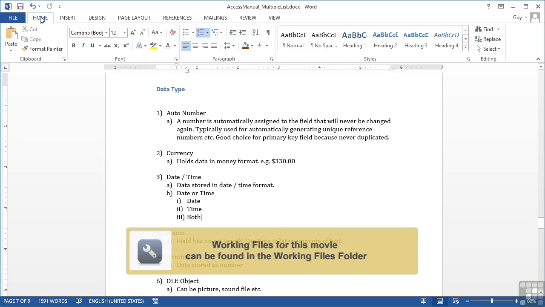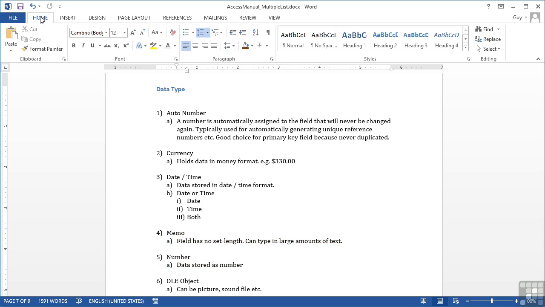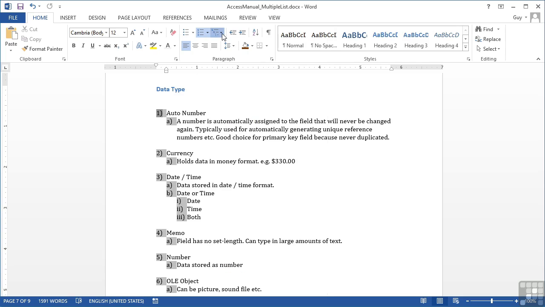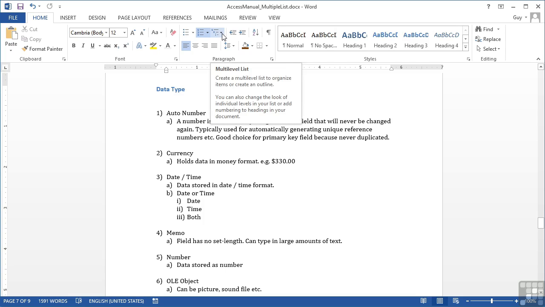Just like pretty much everything else in Word, we can customize our own multi-level list. So we're not restricted to choosing from the list of choices, which are really effectively the only three: the 1, A, I, or the 1.1.1, etc., or the little pictures for bullets. If we want to create our own bullet list, we can do this in the Multilevel List,